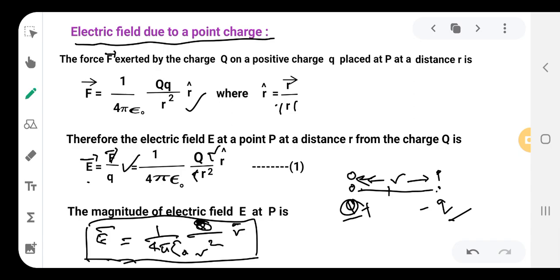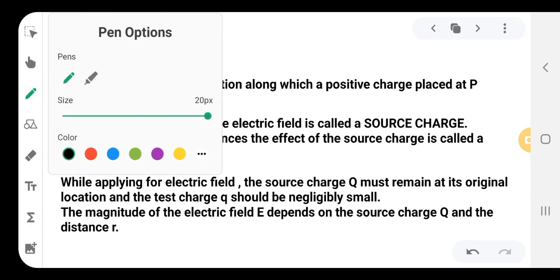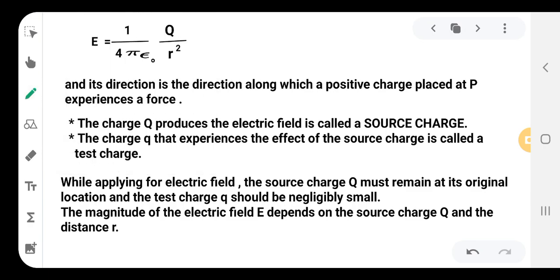So now the small q, in both the numerator and denominator, gets cancelled here. So what is left is only the capital Q. So 1 by 4 pi epsilon naught, capital Q by R square, is the equation of the electric field due to a point charge. Okay. Now E is equal to 1 by 4 pi epsilon naught Q by R square, as I have shown here.